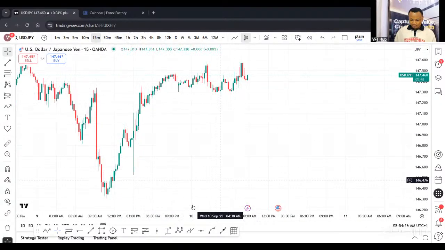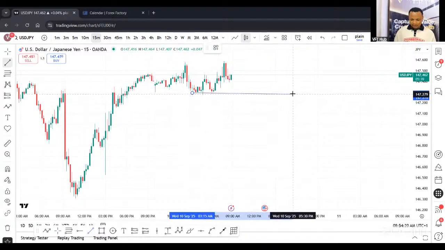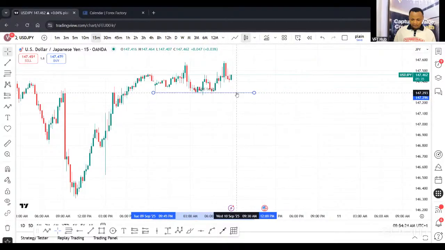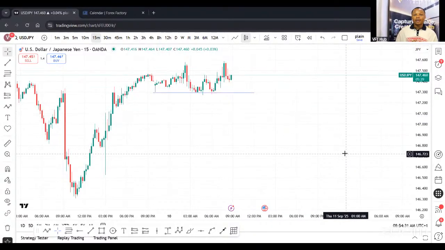I'm expecting a sell overall on USD JPY, but before that, like I said earlier about GBP JPY, I would want to see a break of structure. I want to see price take out these lows that have been residing here. So you can see that this level has formed kind of a support. I want to see price break the support clearly, and then I'll start looking for a sell setup on USD JPY.